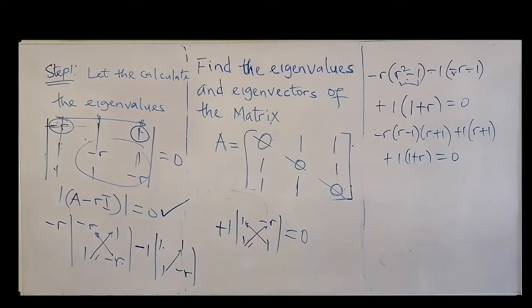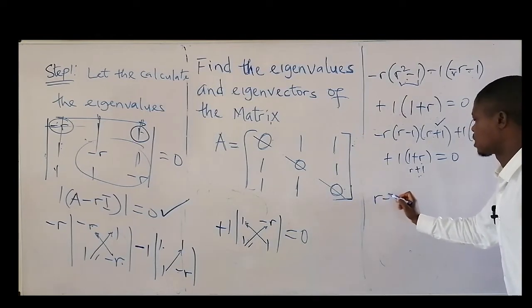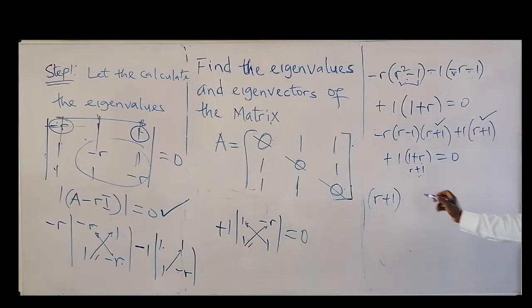equal to 0. Okay. So what we can do now, we can rewrite this 1 plus r as r plus 1. It's the same thing. So r plus 1 is there, r plus 1 is there, then r plus 1 is also here. So we can take it outside. Then we now have minus this into bracket r minus 1. We have this one remaining. Then here we have plus 1, here also we have plus 1, equal to